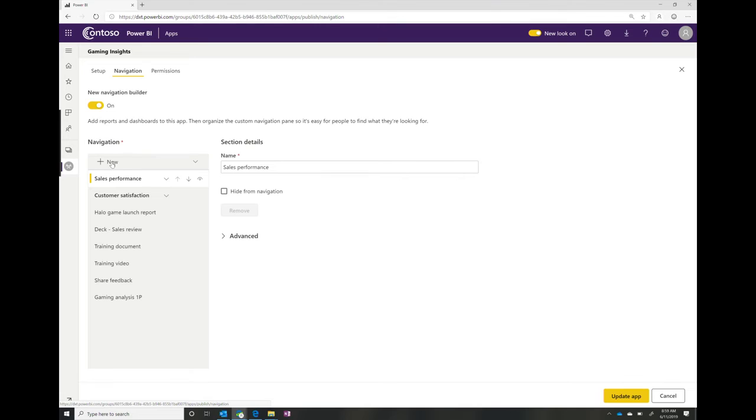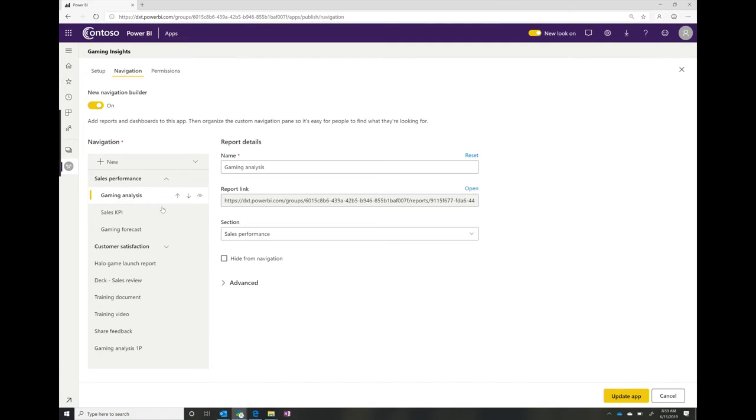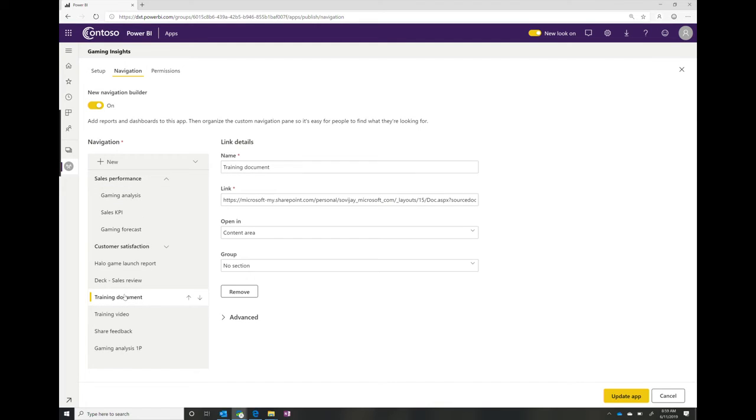So here you can just add a new section in just one click, or as you have different dashboards, here I've uploaded a dashboard and I've set it to the sales performance section, or you can switch it to a new section. And if you want to add a new link, here's where you do that. So you have a link here. I've added the link. I've set it to open in the content area. But if you don't want that, you can just switch it and change it to open outside of it if that's your preference. And then as you click Update App,